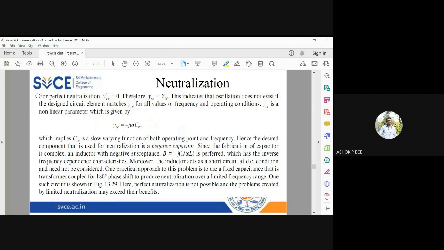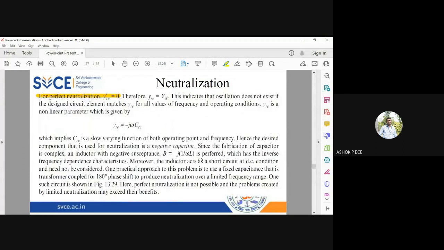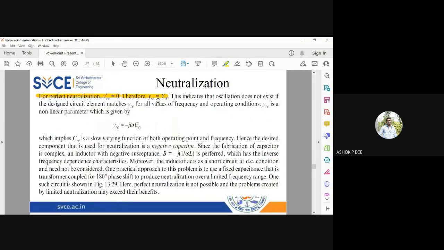So for perfect neutralization, you should not have any feedback. So Y're should be equal to 0. What does it mean? Yre equal to Yn. The reverse admittance, whatever you compute, should be equal to whatever you have connected as the feedback component, Yre equal